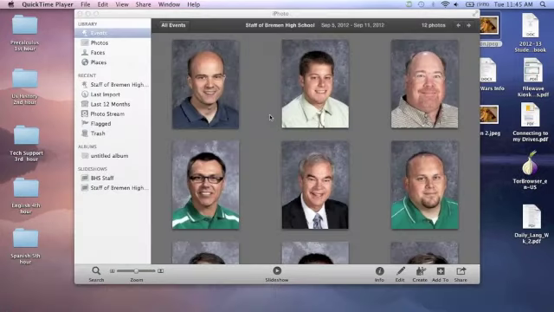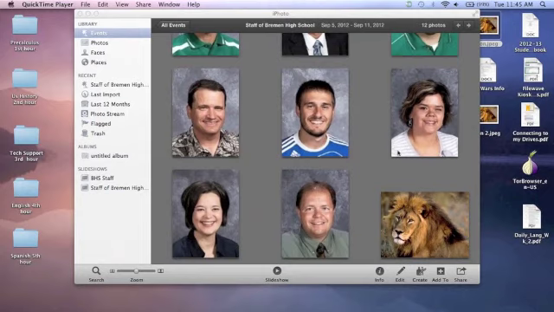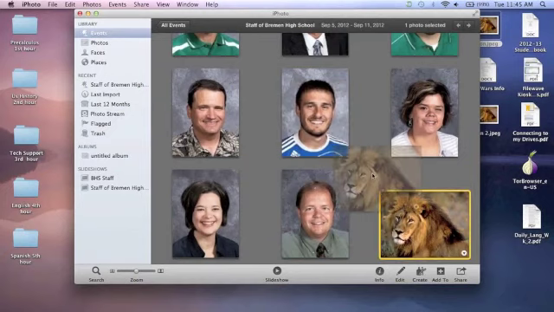First, what you're going to want to do is upload any pictures that you want to use to make a slideshow. Once you have them uploaded, you can take them, like I'm showing now, and drag them over one another. This will put them into an event. Once you have all the photos in an event,